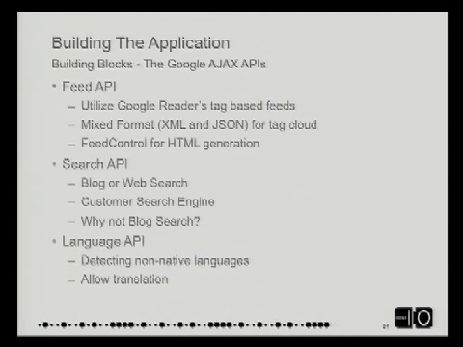So now we're going to look at the AJAX APIs. So we have the concept. You guys have seen the demo, so you kind of see how things are working. The feed API is going to be obviously utilized to load the individual blogs themselves. It's all 100 and some of them. But it also is going to be used to load Reader's tag-based feeds, like ads vertical that we just looked at. We're going to use a mixed format. How many people have actually used the AJAX feed API?